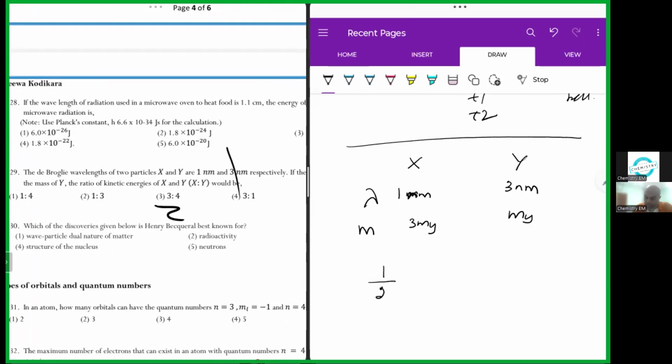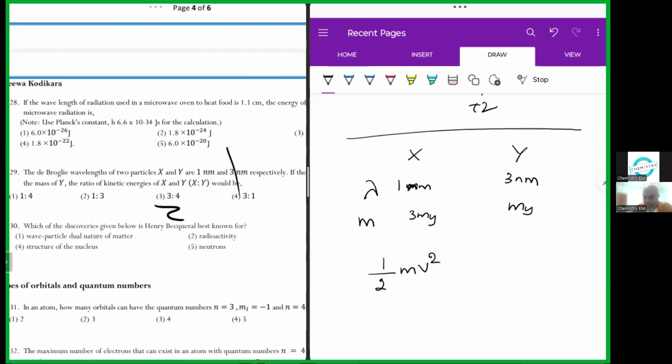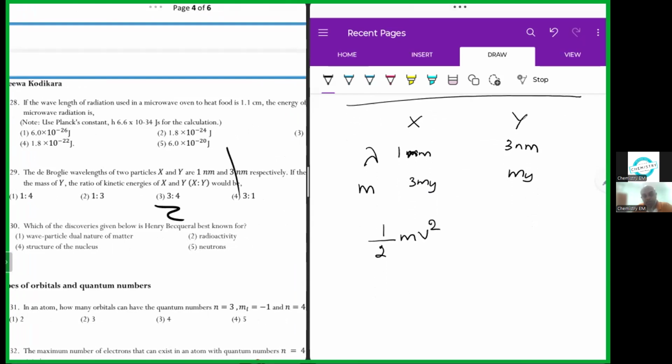So the kinetic energy, this is half mv squared. So this is the kinetic energy, right? The kinetic energy equation. So, let's say